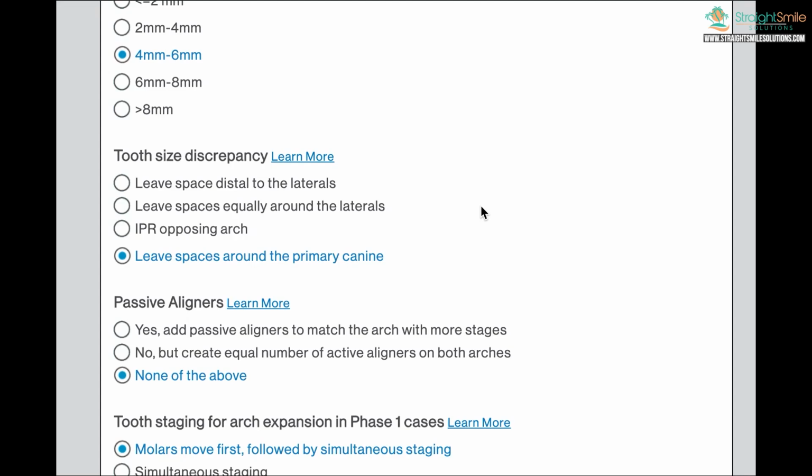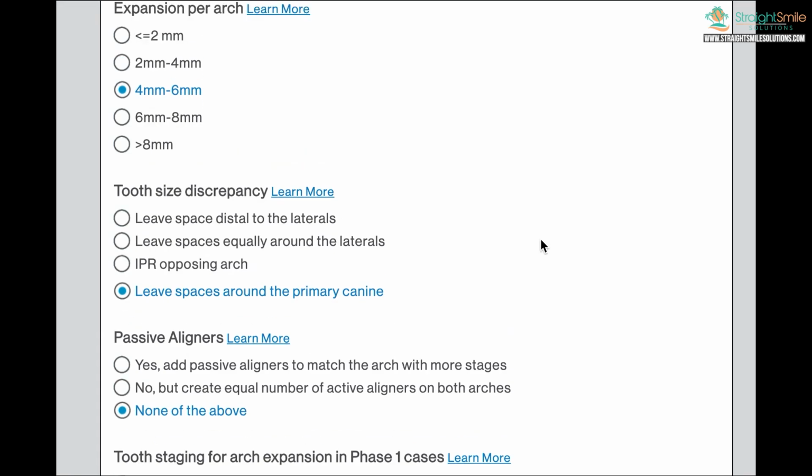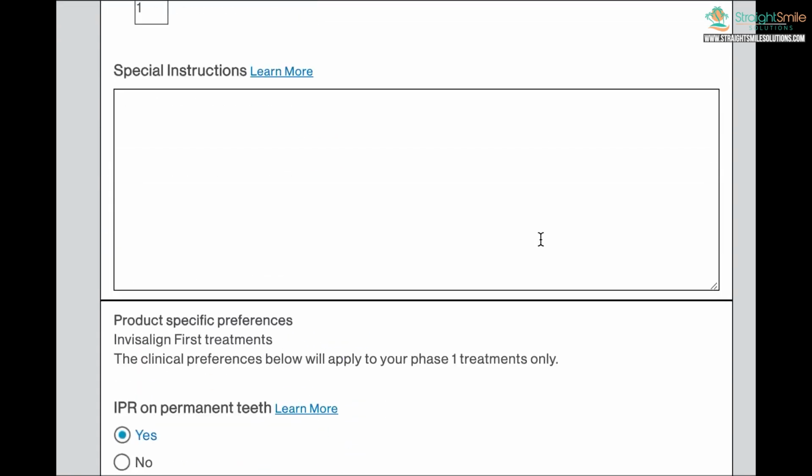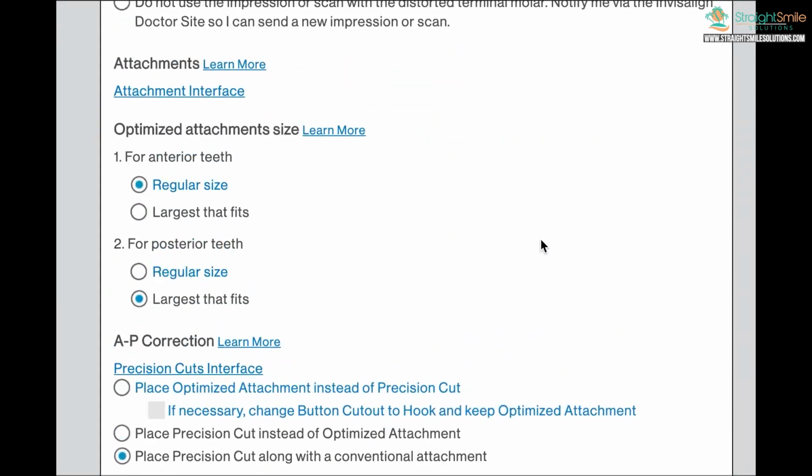And it's expensive too. So there's no reason to do this right now until you've done a few other plain aligner cases first and maybe some regular phase 1 cases, and then you can move into that later if you want to. That's just my opinion. But anyways, all right, that is how you set up your